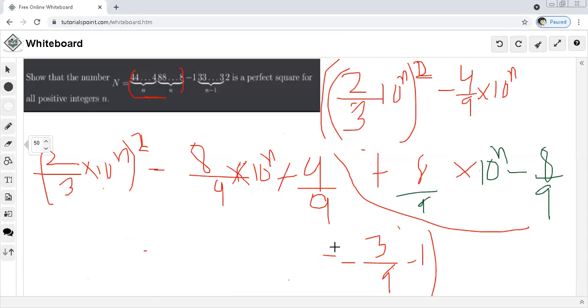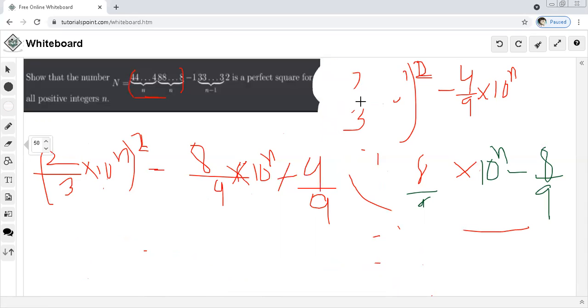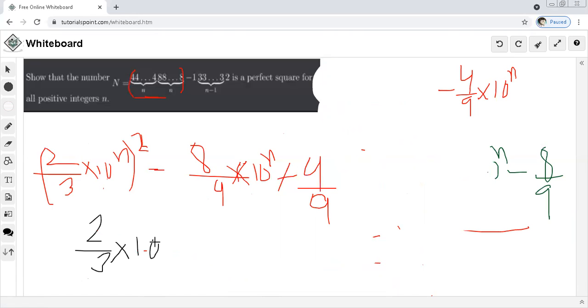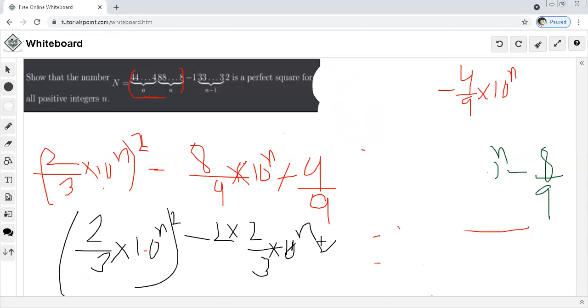Now you can see some form. I think you are familiar with this identity if you remember it, or if you don't, keep watching. So this is nothing but, actually, let me use a different color. So this is nothing but actually (2 times 3 power 10 n) whole square, let this be a, minus 2 times 2 by 3 times 10 n, a times 2 by 3, let this 2 by 3 be b, plus (2 by 3) whole square,